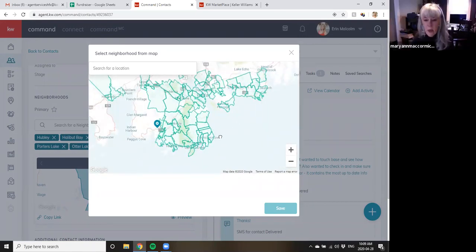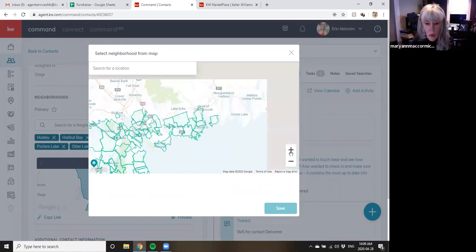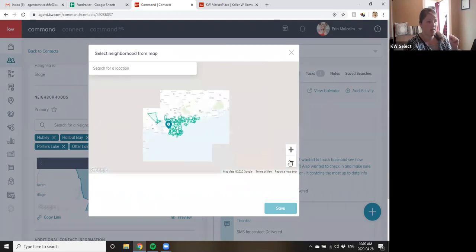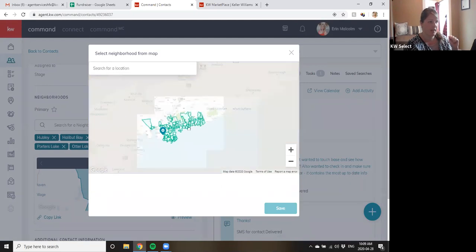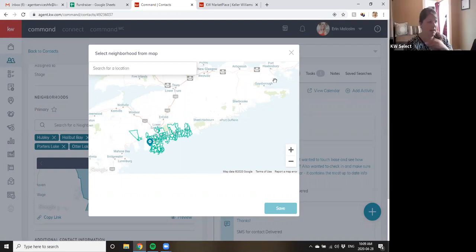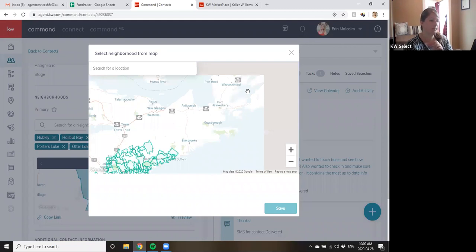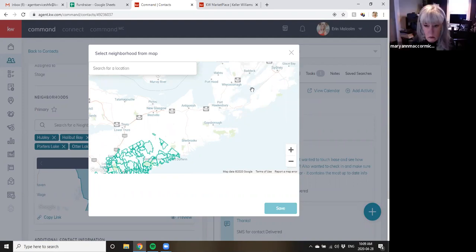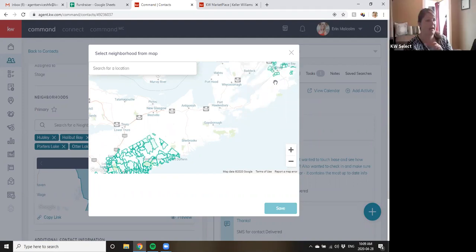Is there any setup for Cape Breton yet? Let me see. Once we can draw our own, then it won't matter if they're set up or not. But as of right now, whatever's there is all we can use. I think there's a couple in Cape Breton, the heart of Sydney, last I checked. We're almost there. There's a couple in there. But if they're not there, then unfortunately right now there's nothing we can do about it until we